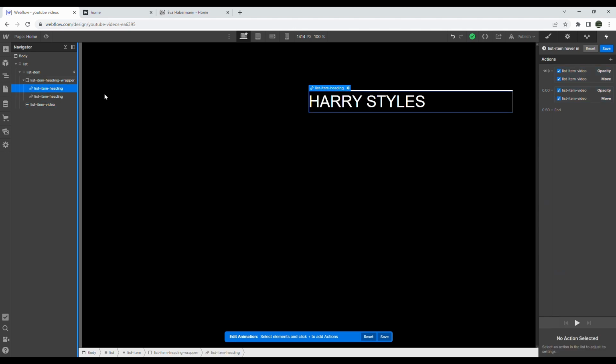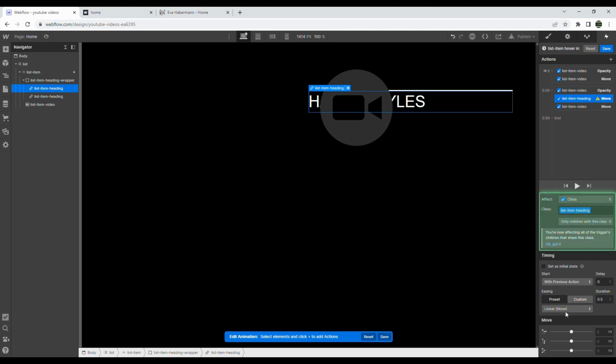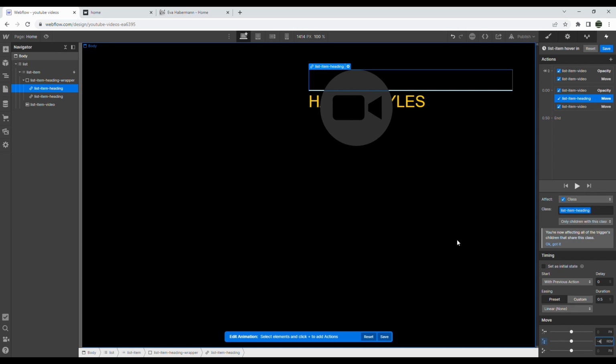I'm going to go inside, grab list item heading, and move it with the y coordinates -4 rem, because that was the height that we set for them. So yes, great. Now, we're going to go back to the design in just a second, because if you can see here,